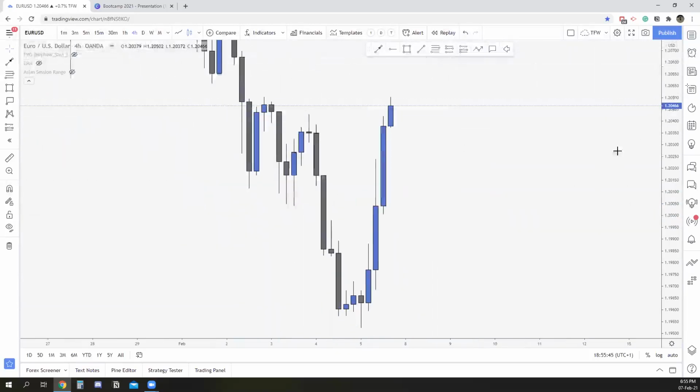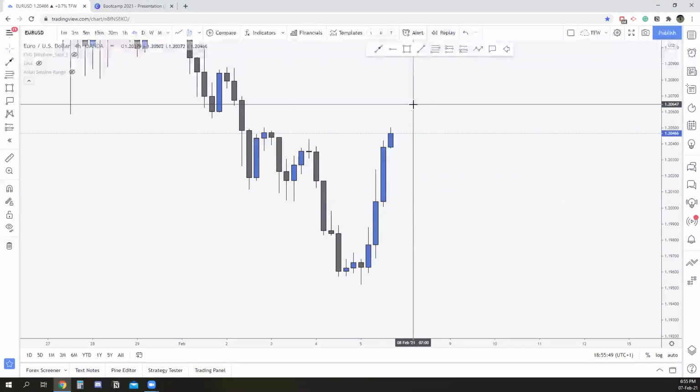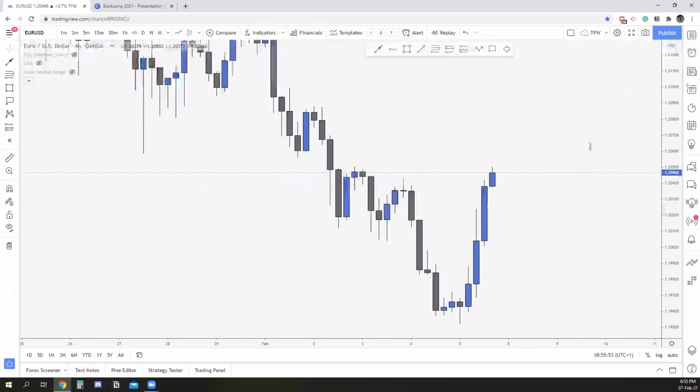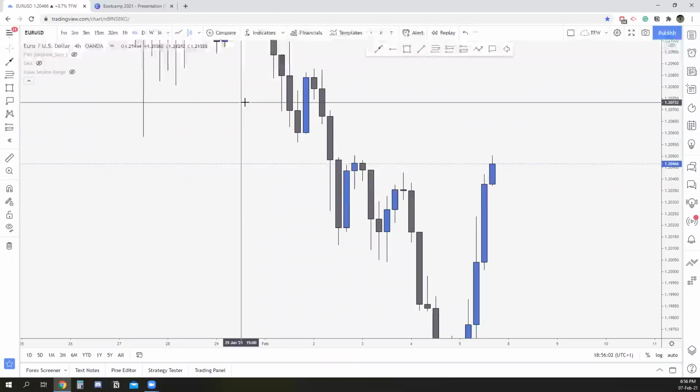Then how do we refine the order block? Because I said it is the last buy before a big sell, all right? But right there, what I love using is actually an engulfing candle that engulfs the order block. Why is this nice? Because it gives you a little bit more precise entry, all right?